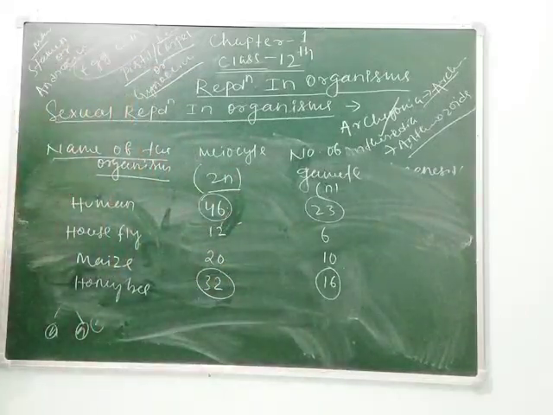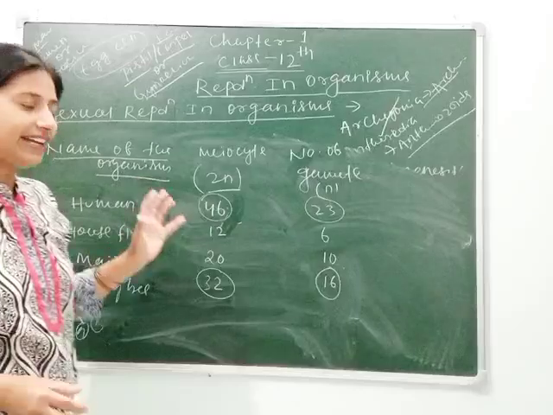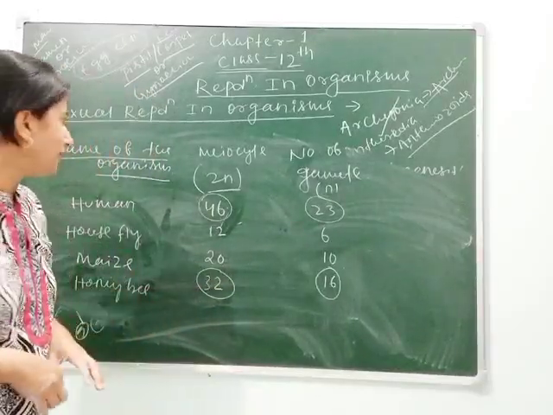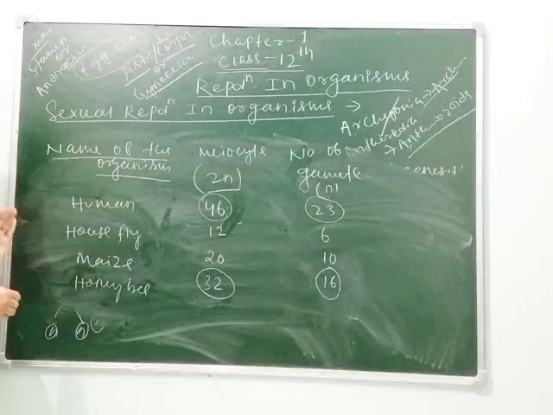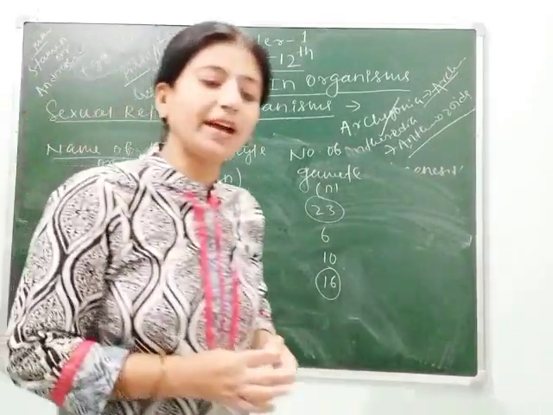So you have to understand this. There is a table given in your NCERT book. You can follow the NCERT book, learn those, and make a chart. Clear? Make a chart and then send it to me. And you also have to memorize it. So students, this is the completion of your gamete formation.